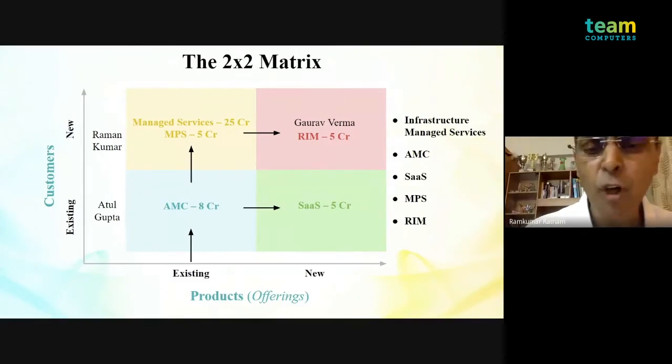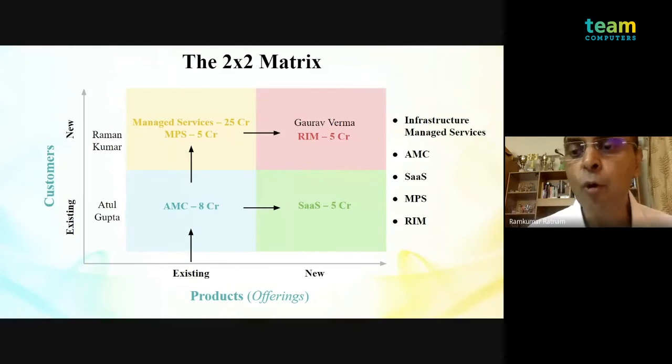Well, you use the same concept. You see, for reaching any account, you need a hook. Now, if there is a subsidiary that you want to deal with, and this is a parent organization that you have dealt with, you'll have to see whether Atul or Raman or Gaurav, someone will be able to give that connect. So you use that connect.